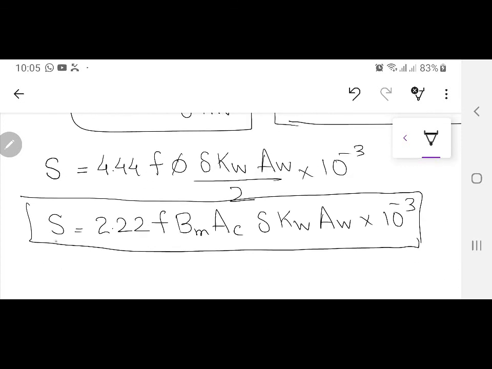You know S, you know your frequency. BM is totally your design value, which material you used and up to what point it is linear. Maybe it is linear up till 1.7 Tesla, maybe it is linear up till 1.5 Tesla, and then the area of the core that you require. Delta is again your selection based on what type of cooling you have. KW is going to come from your table, you will deduce later on. AW is again depending upon your tank design and all that, that is also a table. So you can easily find out from here what is the area of the core that you require, for that much current density, for that much load, how much area.